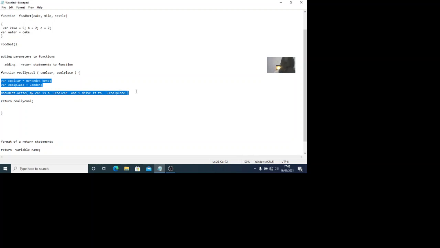I previously told you that what you write inside the opening and closing bracket of a function is determined by what you have commanded your function to operate, the program you are operating, the program you are coding. Do you understand? So return really cool. When we execute this code, the output here will be, of course, when you use Notepad++, output will come. Then it will print here